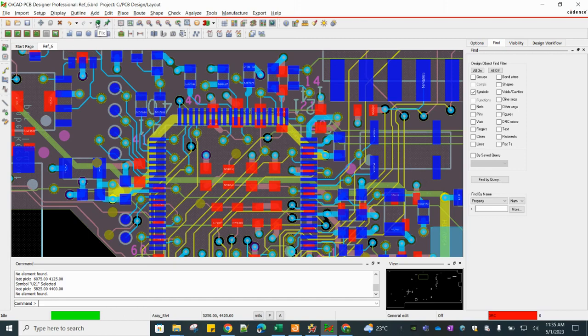You can see there are two options. One is fix and another is unfix. So fix and unfix are very important tools in Allegro. If you want to change